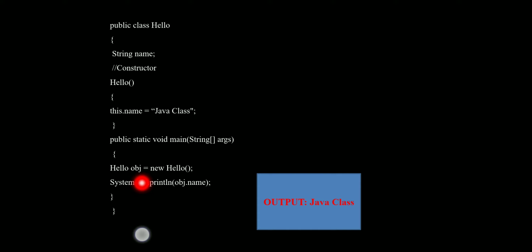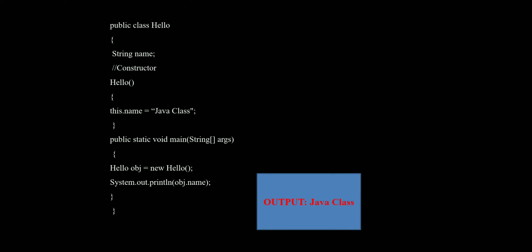Here the class Hello creates the obj object with the help of the new keyword, and with the output line, that is System.out.println, I am calling the constructor with the help of the obj object. This is the closing of the main method, and at the end the closing of the class. This is the simple program of constructor. The final output is Java class.